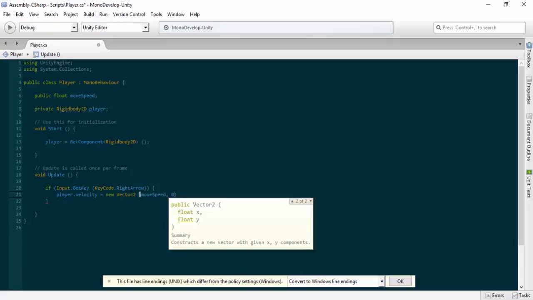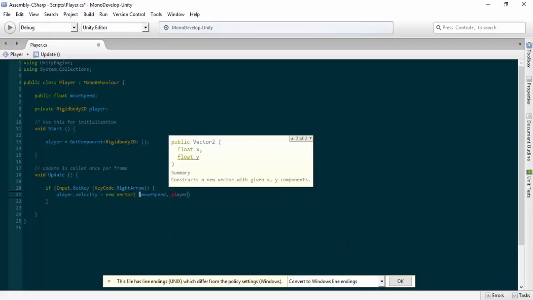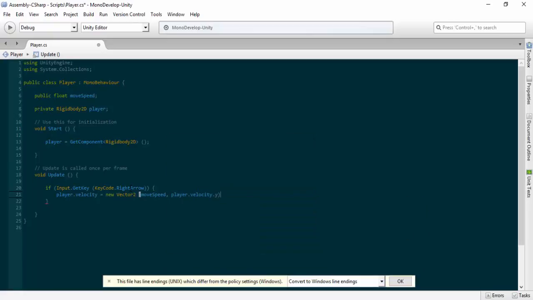and this will move at a value of 0 on the Y, so it won't move on the Y. But that may cause you some problems later on, so we're just going to dive straight in and go for what we want to do. What we want to do is do our player.velocity.y;